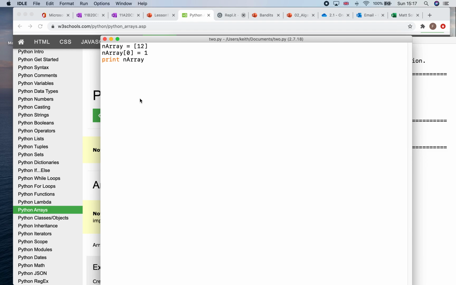So a couple of things there. Arrays are fixed in length, and when they're fixed in length, we call them static. However, modern languages, and lists in particular, are actually dynamic. In other words, we can change their length at will. So I'm going to give you an example of dynamic now,